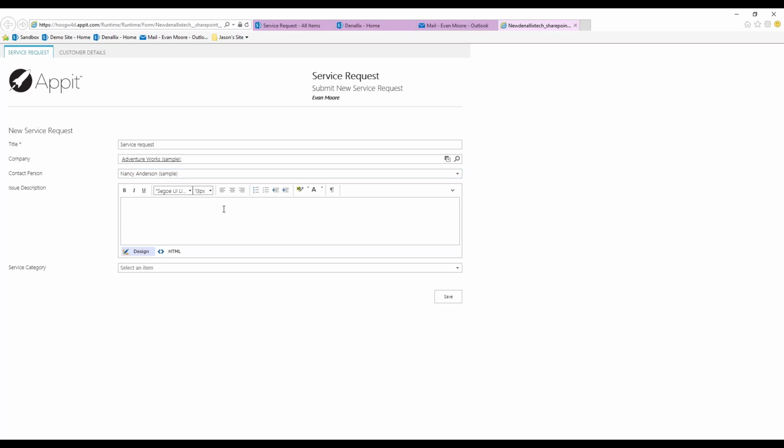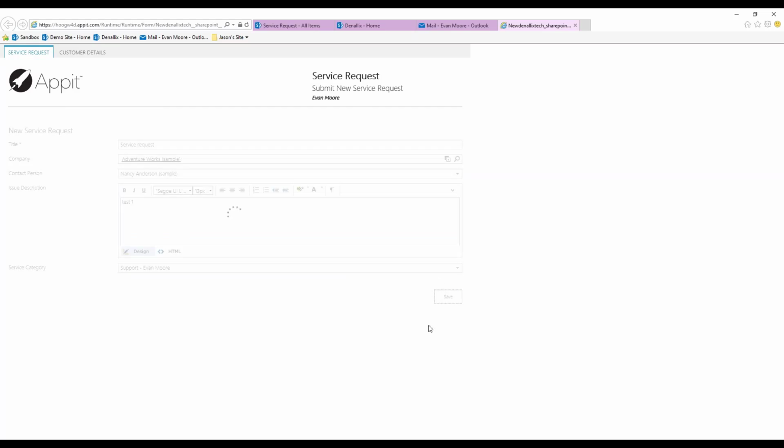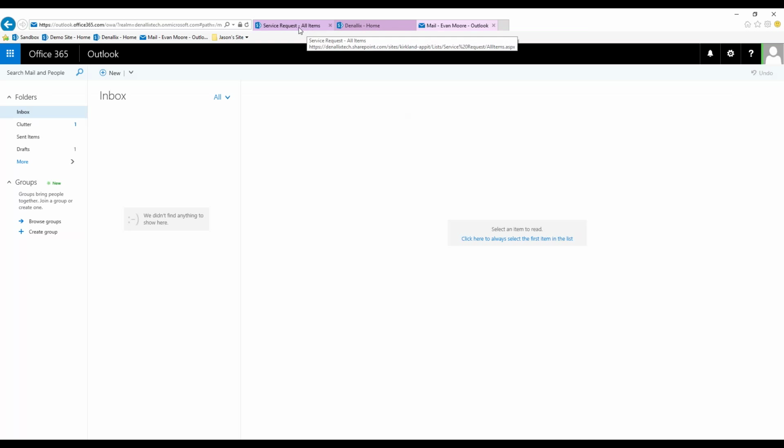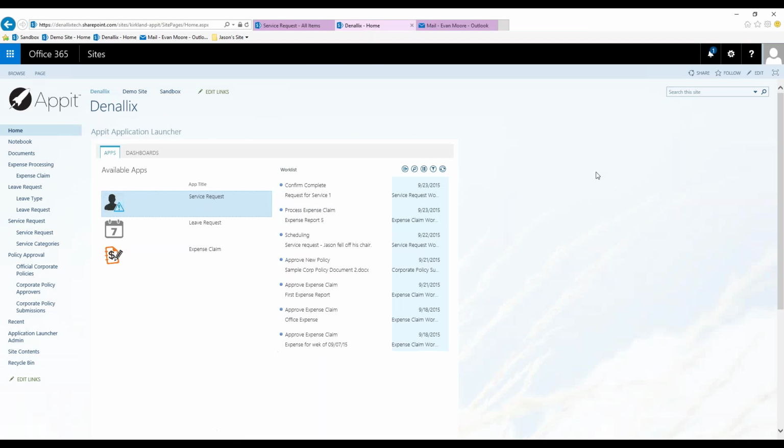So in this particular case, we'll fill out the web form, we'll select a department, and we'll submit it. Just as before, we're submitting the same form and sending it along the same workflow, but this time it looks like we're simply filling out a web form. As we go back to our work list here now that we've submitted our service request, you'll see our work list is now updated with the form that we have submitted,